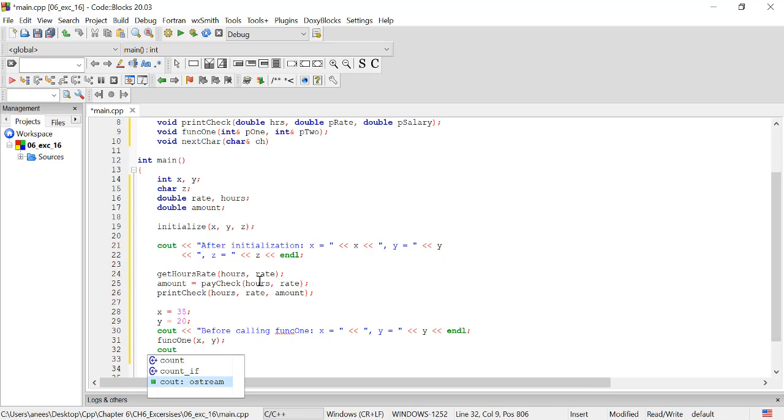Now we can cout after calling func1 x is equal to